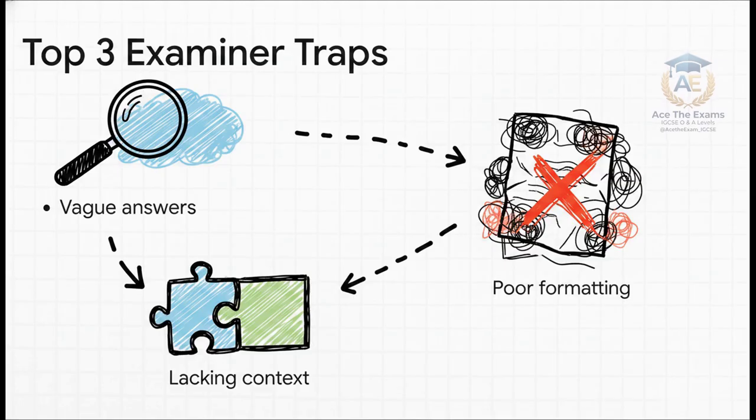Trap 1. Answers are often way too vague. Students write things like, the asset lost value. Examiners don't want that. They want specific details like, the carrying amount exceeded the recoverable amount. Trap 2. Forgetting format and presentation conventions. This means missing dollar signs, omitting dates in the ledger, or failing to balance off the account properly to the